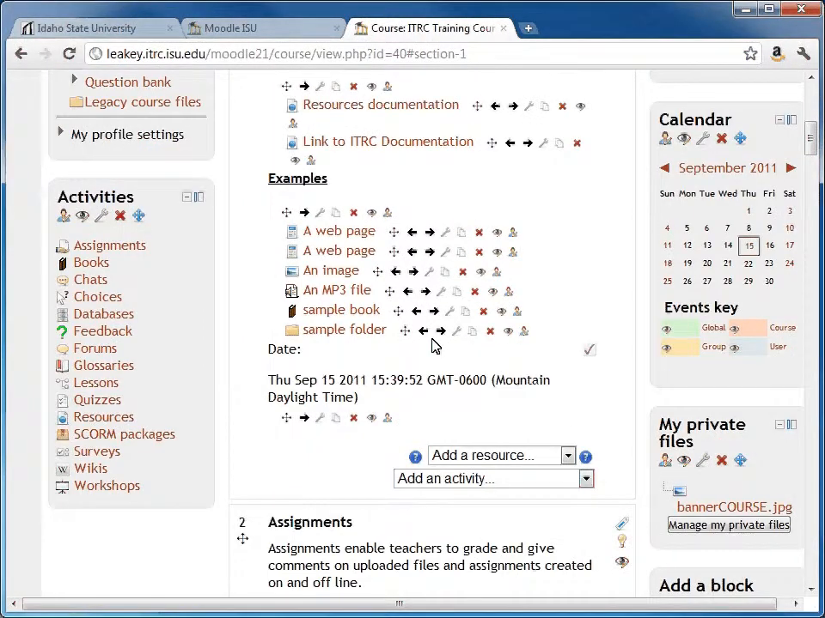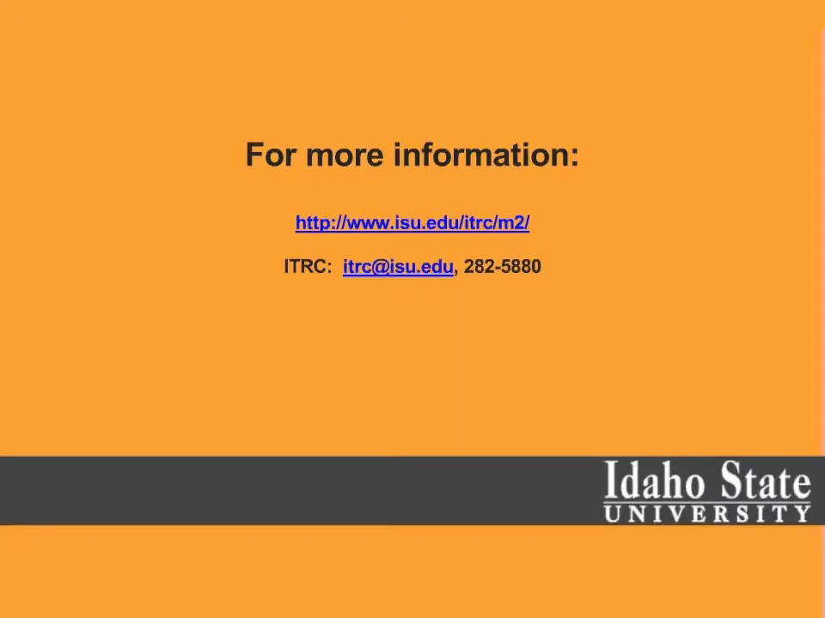Well, that's all we have to talk about for now. Some of the activities and resources that have received very few changes include gradebook, lesson, and assignments. These features and many other parts of Moodle ISU 2 will still function in much the same way as they did in Moodle 1.9. If you have any questions about Moodle ISU 2, please